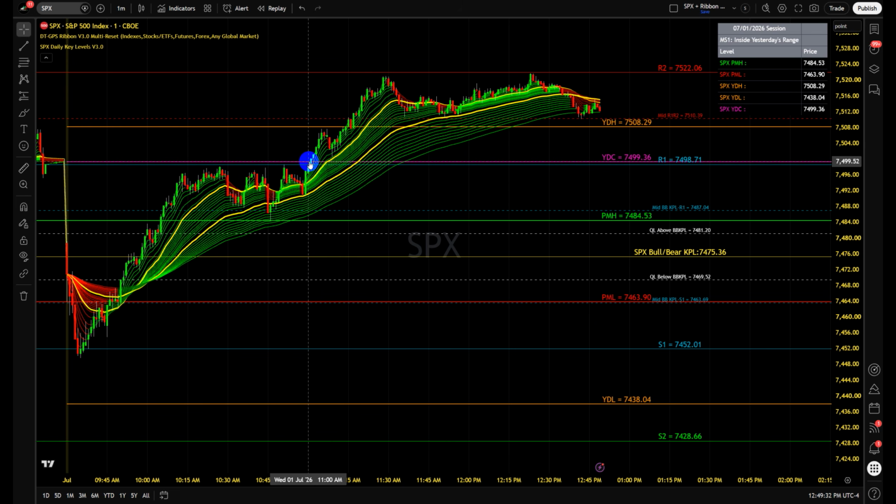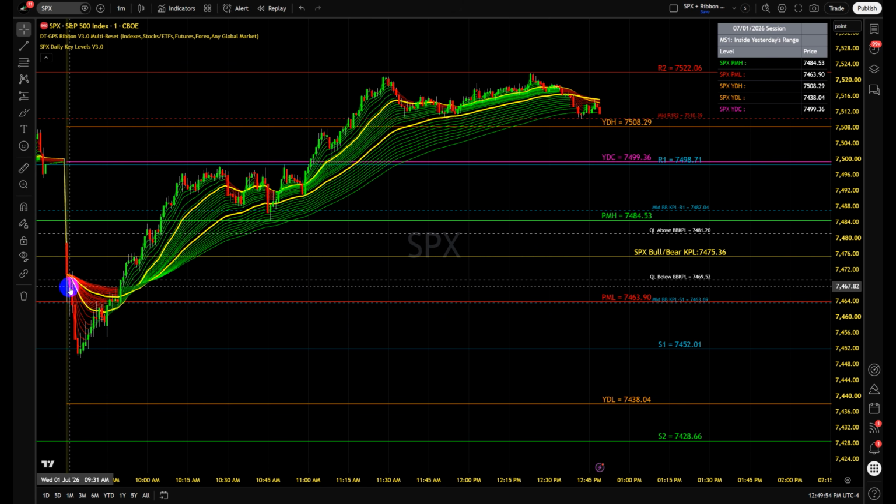Now, on a bearish trade, you're looking for the opposite. You're looking for a close below a main key level or contextual level. So here we have a close below PML. It's also a close below the bull bear KPL. It really depends on which one you want to base the trade on, because that determines where the stop losses